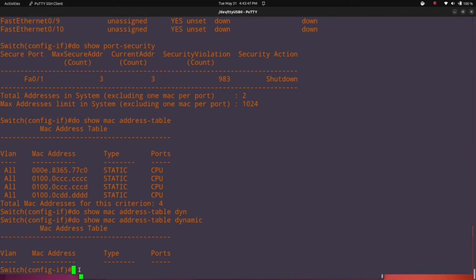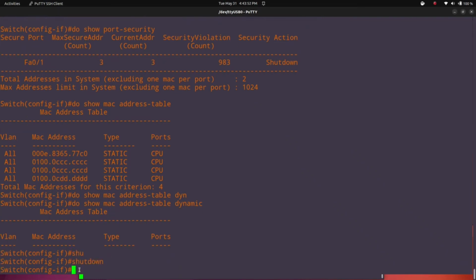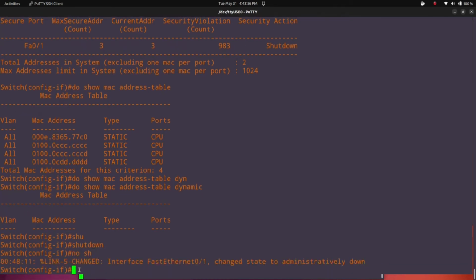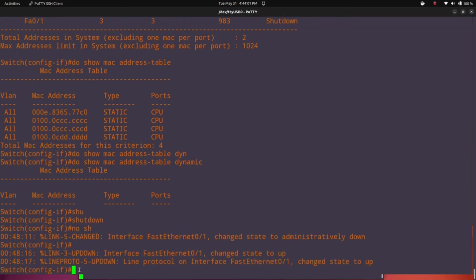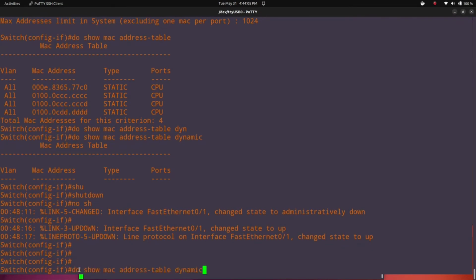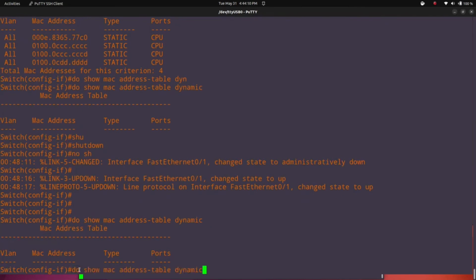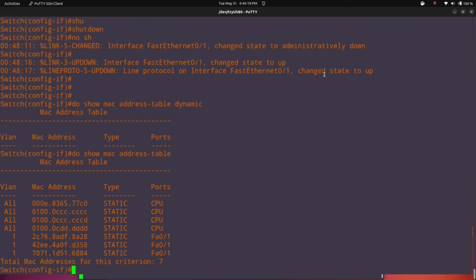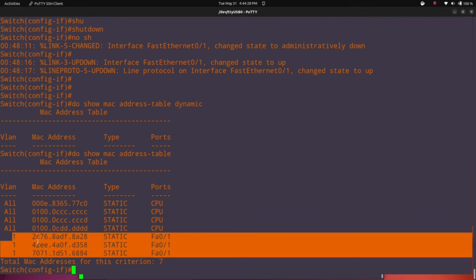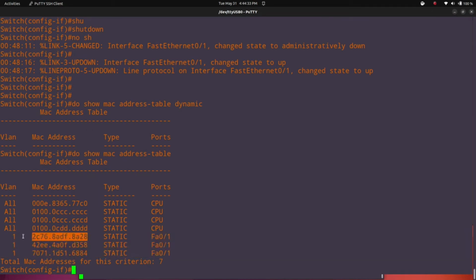So shutdown, and then no shutdown. Perfect. All right, now that my interface is back up, I can see that the only three MAC addresses that are allowed in this interface are the same, and my MAC address is still there and only three. Okay, so now, as a bonus, if we want to bring that interface back up, or as we call it, bounce that interface back up, then we have an option